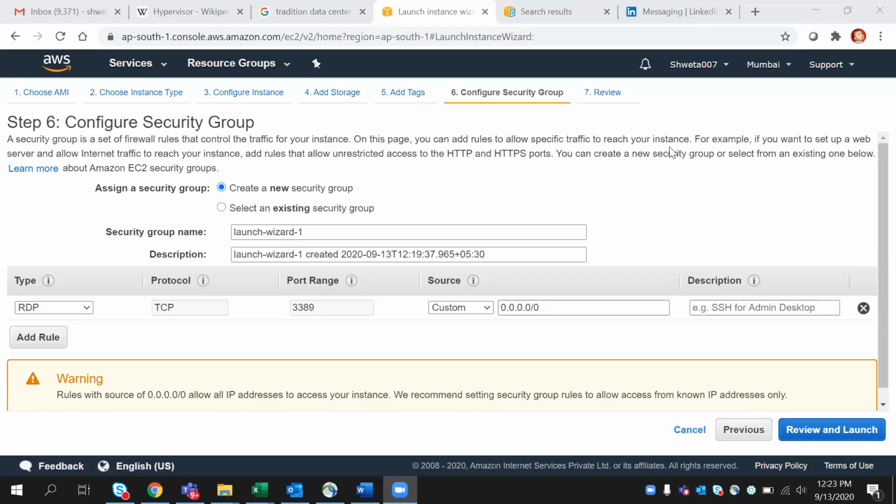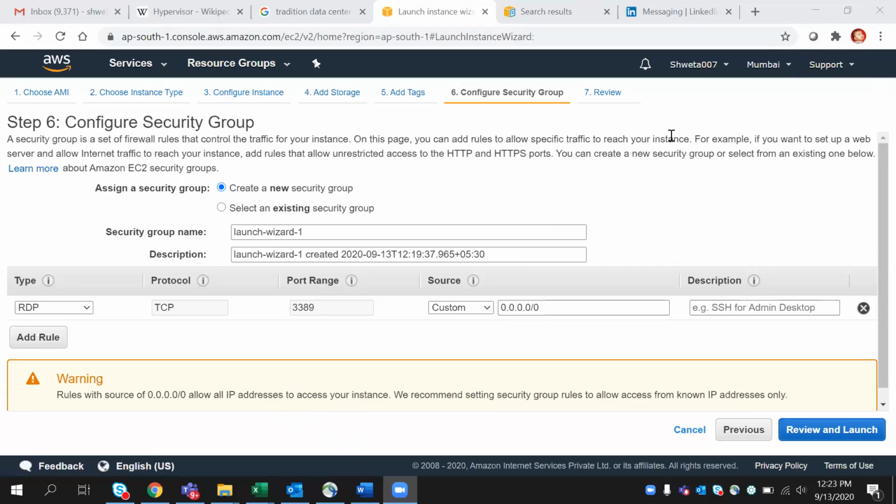Perfect. So here, you are on configure security group, right? So security group is a firewall, as it is visible on the top, they have mentioned. So this is a firewall rule where you can specify what needs to be allowed, and certain kinds of inbound and outbound rules you can define. Here we don't have any existing security group because this is the first time we are working on it.